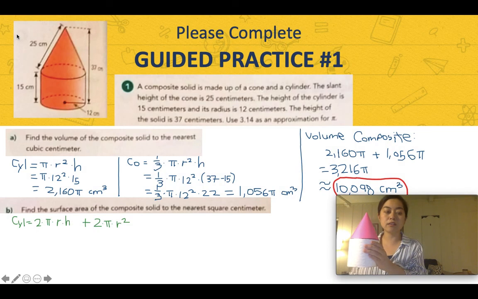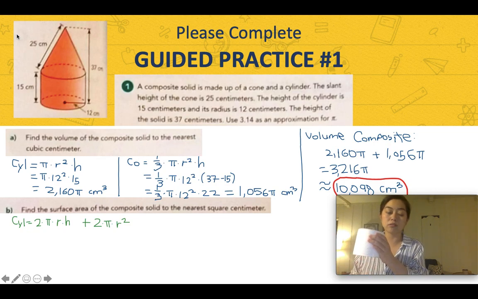So let's see the first step. Well, the actual equation to find the surface area of a cylinder is listed on page 169 in your textbook, right? For the cylinder, the surface area is 2 pi r h plus 2 pi r squared, okay? The 2 pi r times h accounts for this curved surface area of the cylinder. And then the 2 times pi r squared is the surface area of the two